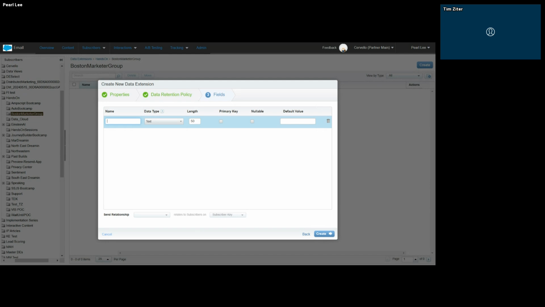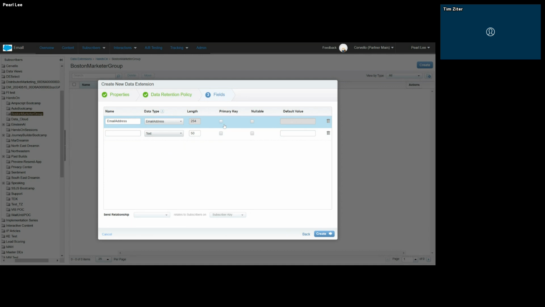Should I? Yes, go ahead. Do I have to type a name on the screen? Yeah, if you type in email address, maybe we'll keep it all one word. Yep, there you go. Okay. Sorry about that. No problem. And the reason why, Pearl, is it just makes it easier sometimes when you're doing queries on that. Now, on that data type, if you click on that arrow in that box, let's select email address. Yep, perfect. And then that should automatically be there.